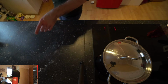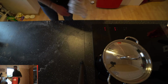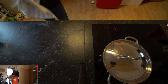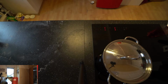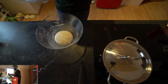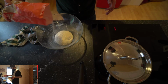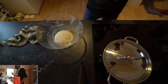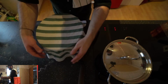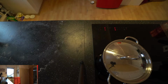What you can also do, which is what I'll be doing now, which I forgot initially, is give the ball of dough a little dusting of flour. Wait, just to show you. So you have your dough. What you want to do is take the flour, give it a very small dusting, something for the dough to feed on, for it to eat, because dough is hungry, the yeast is hungry,